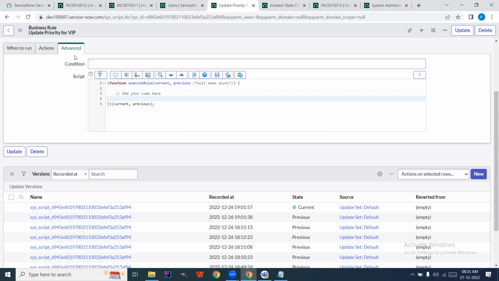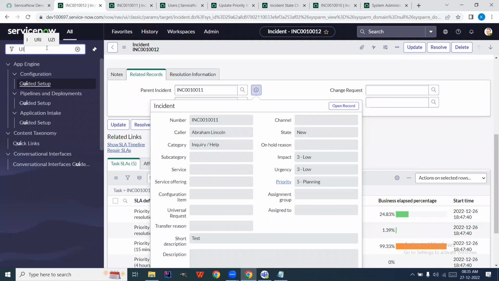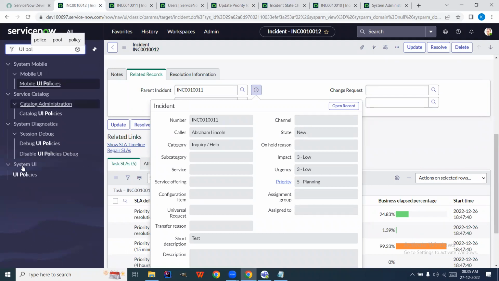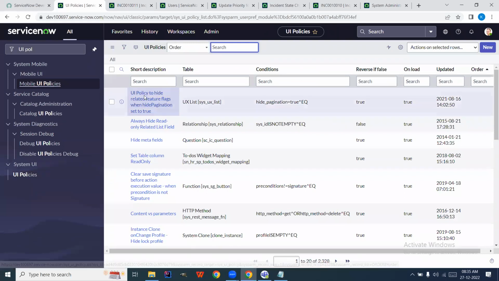Okay, so whenever you select the advanced option for anything, it can be a business rule, or it can be a UI policy which we recently learned, right? UI policy and data policy also, which we learned recently. So if you go to any of these tables or records,